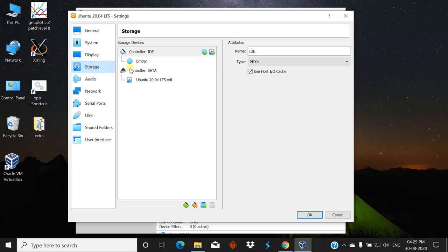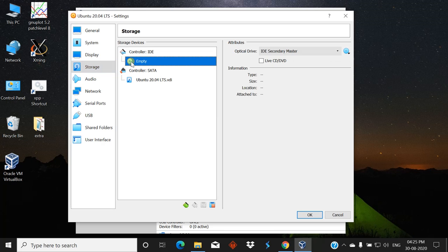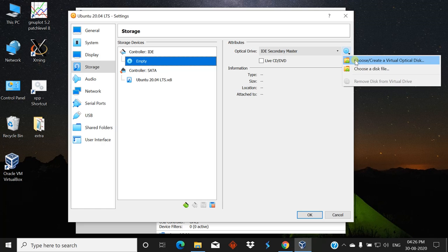Now this is storage. Here there is an empty option. In the CD image, disk image, you can specify your Ubuntu ISO disk image location. To do so, click on empty, go to the right side and see the CD icon, click on it and select choose a file location.